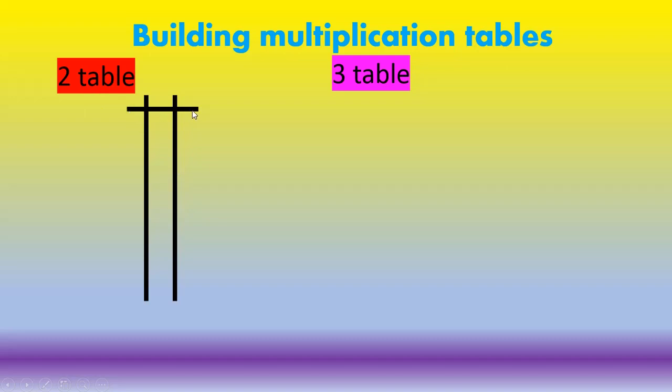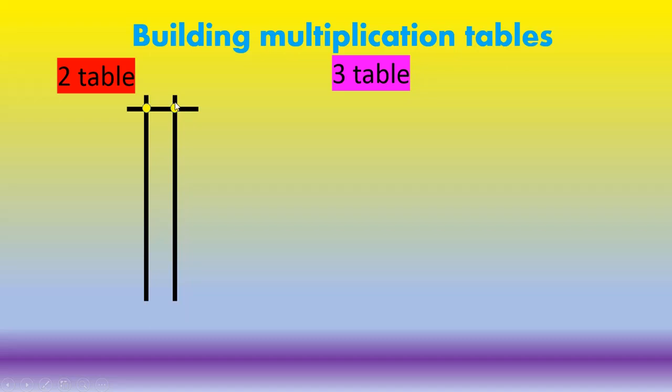Then a horizontal line on that. So now you can see the midpoint here. This horizontal line and the vertical line are joining here. This is the midpoint of these two lines that you have to mark. So now you can see two dots, two midpoints. So two vertical lines and one horizontal line.